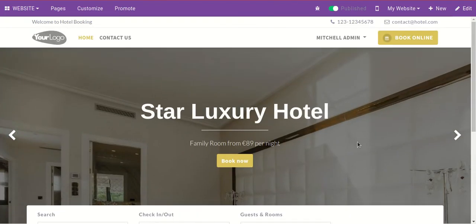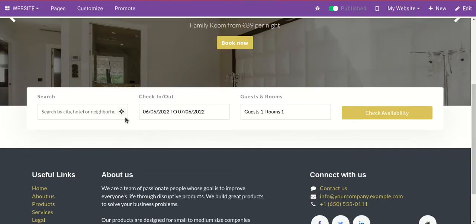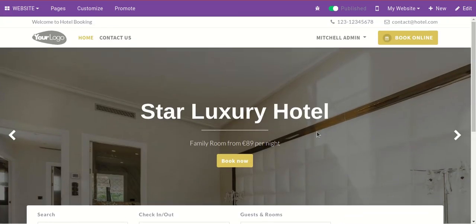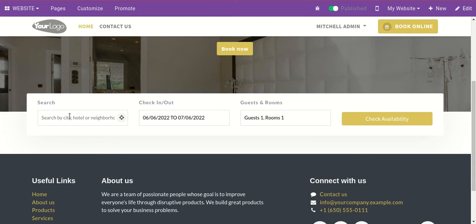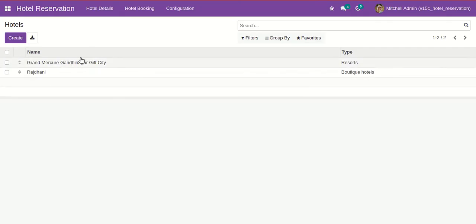Once we come in the website, we can see this beautiful interface in the website home page. Here we can search by the hotel name as well as hotel city. So I have created two hotels.